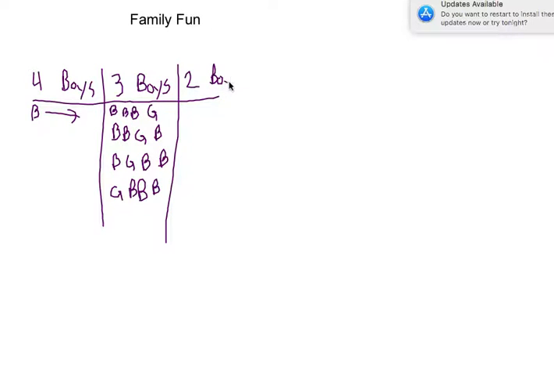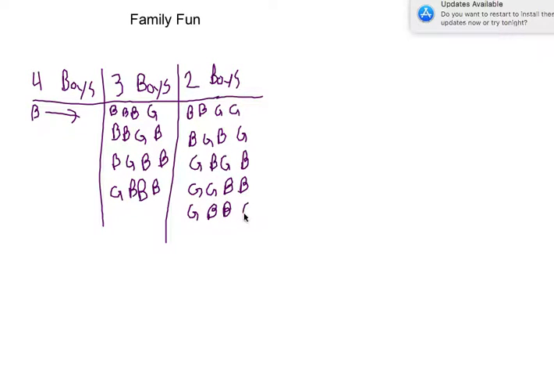Okay, so 2 boys, you could have 2 boys, and then 2 girls, clearly. You could have boy, girl, boy, girl. Okay, you could have a girl first, and then a boy, and then a girl, and then a boy. You could have a girl, and a girl, and a boy, and a boy. You could have a girl, and a boy, and a boy, and a girl. I think I've covered them all. Nope, there's at least one missing. Boy, girl, girl, boy. I think that's it.